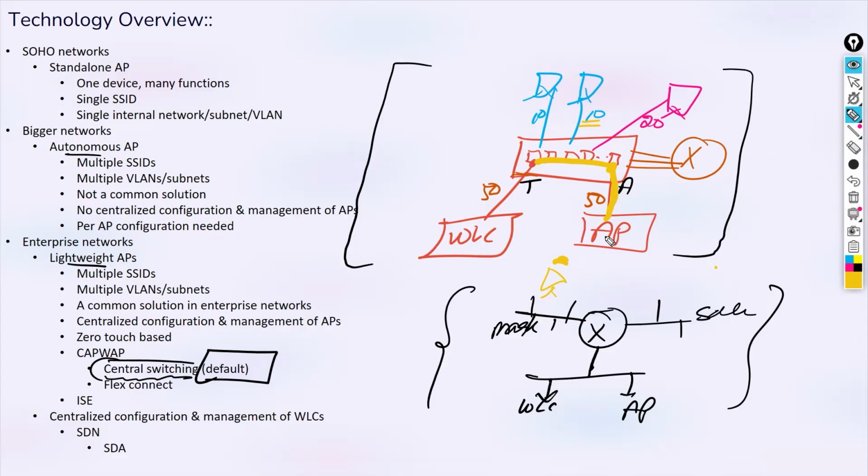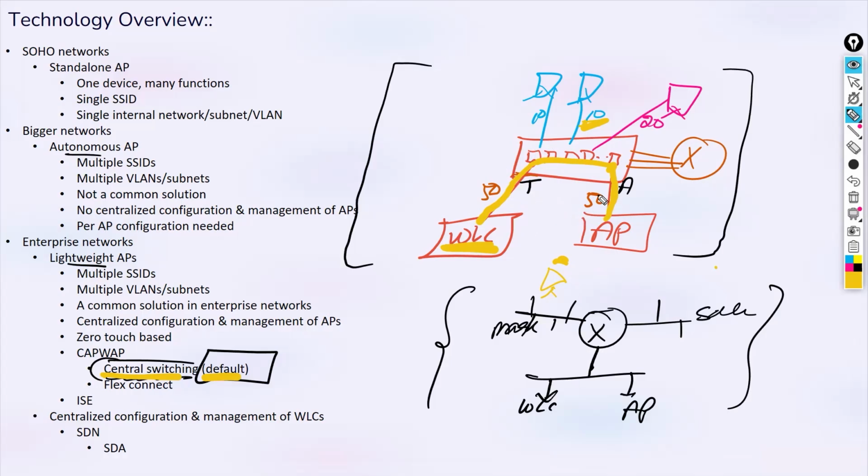So the point is, when it tries to connect there, this is central switching by default. It means wherever you want to go, first the WLC should be aware of that. The WLC will understand that the device is from that AP, maybe an AP in some different AP group with a different RF profile, security settings, and authentication mechanisms, which we'll talk about a little later. But yes, it will then switch or route it as per where it wants to go. So this port is trunk. Why?